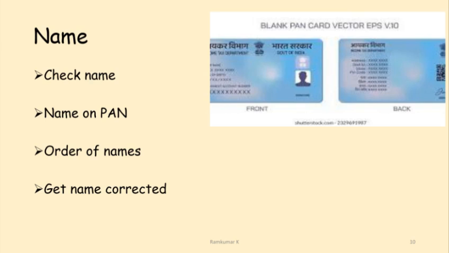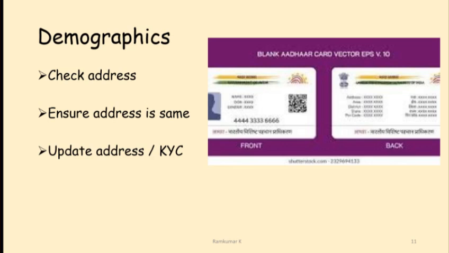The next step is to check if the order of names of the shareholders is what you desire the shares to be kept in after demat. The next step is to ensure that the address recorded with the company is the same as your current address. If the address is different, you will need to approach the RTA to get the correct address recorded in the records. This could be done as part of the KYC update with the RTA. There might be other requirements which the RTA might want you to complete, like updating nomination, etc., which you should complete.